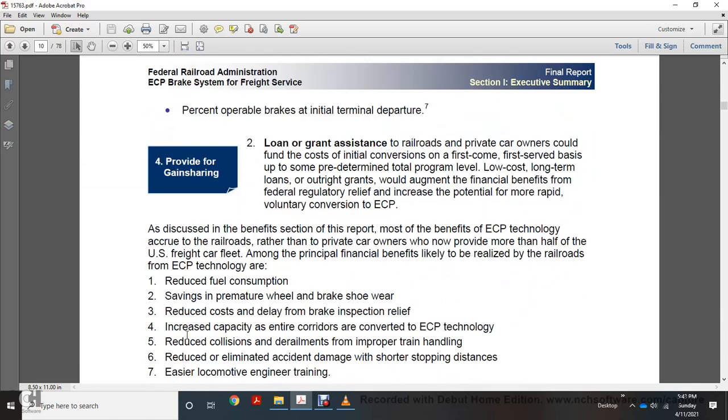As discussed in the benefit section of the report, most of the benefit of the electronically controlled pneumatic technology goes to the railroads rather than to private car owners, who now provide half of the U.S. freight car fleet. Among the principal financial benefits likely to be realized by the railroad with electronically controlled pneumatic technology